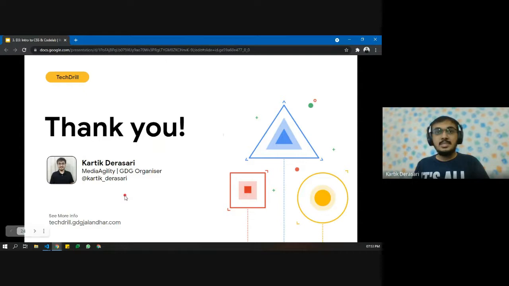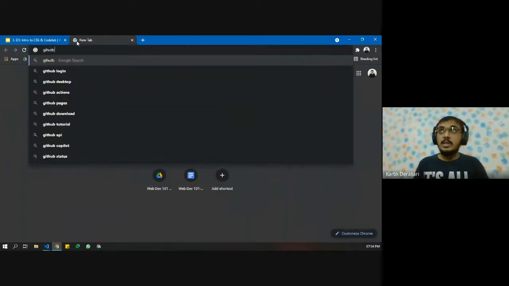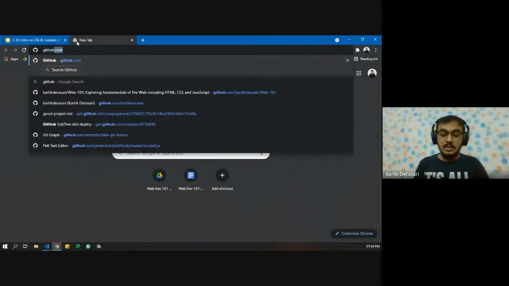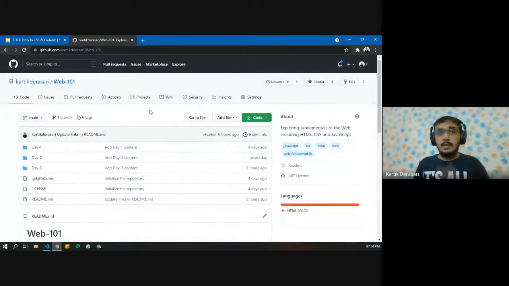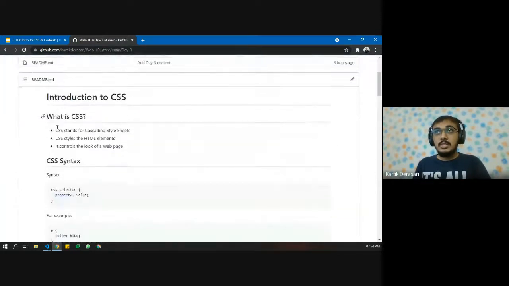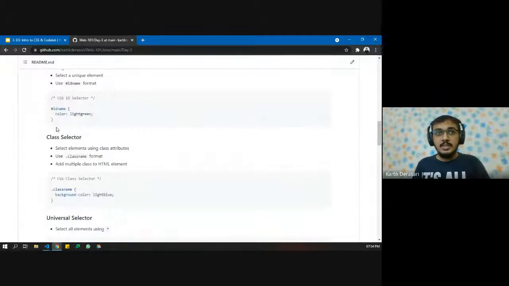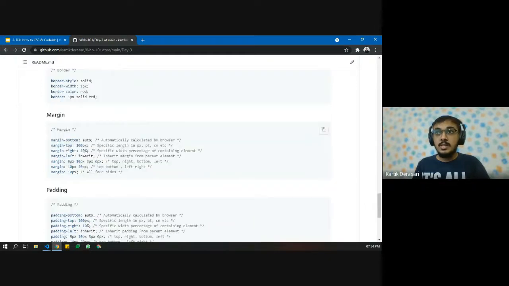So that's the end of today's session. Now, what I want you to do is create some kind of HTML web page, and you can use this repository as the reference. Here we also have day 3 content, so you can see all the code and all the content which is on the slides. If you want to use all these properties, you can directly use that. You can also copy that and do that.